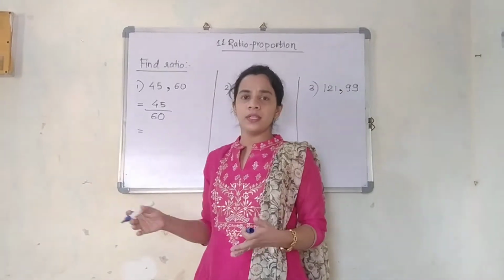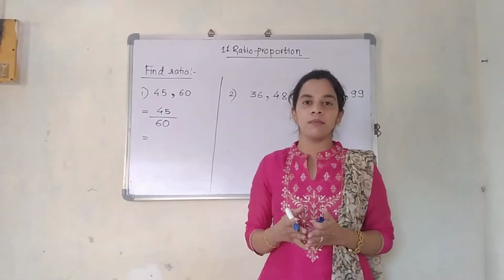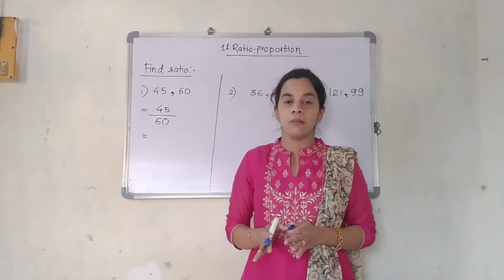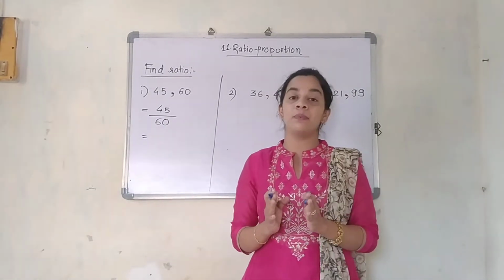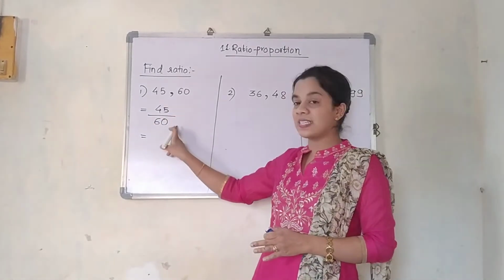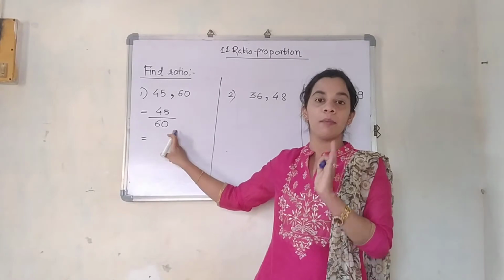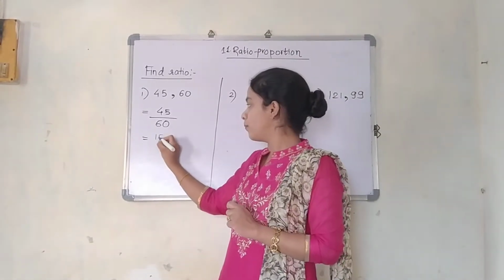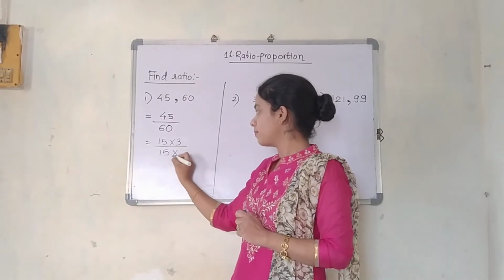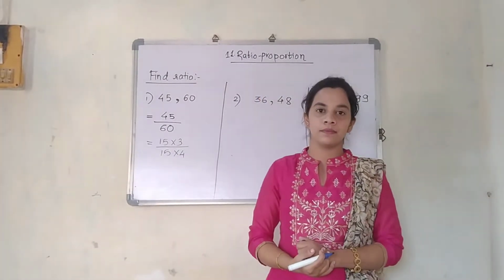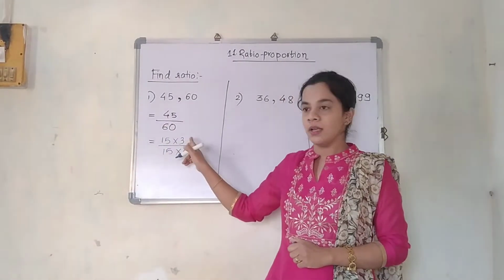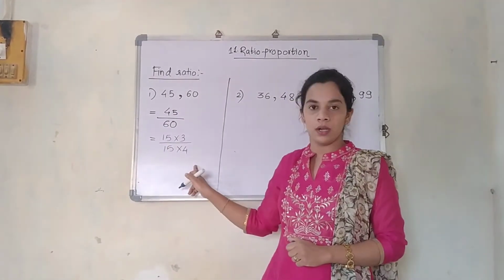If you do not know the tables up till 15, learn them, because 6th standard students should be knowing up till 25. But for hard and fast you can study up till 20, compulsorily up till 20. So 45 and 60 are coming commonly in which table? 15's table. So 15 threes are and 15 fours are. What I wrote? 45 I have written as 15 threes are and 60 I have written as 15 fours are.